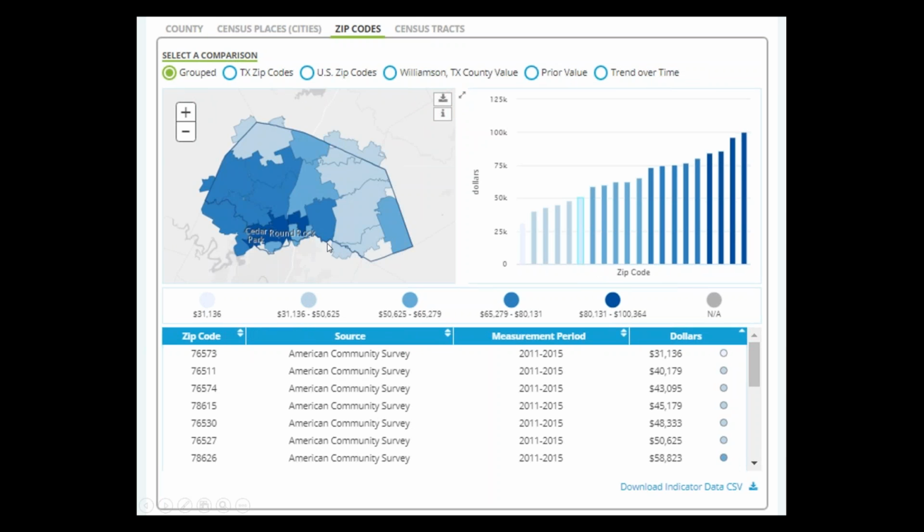And so we're going to go for more localized data. For zip code data, you can see how median household income tracks across the county. The darkest blue is down south compared to eastern Williamson County, which has lighter blue. I also just wanted to highlight, you can download any of our data that's available on